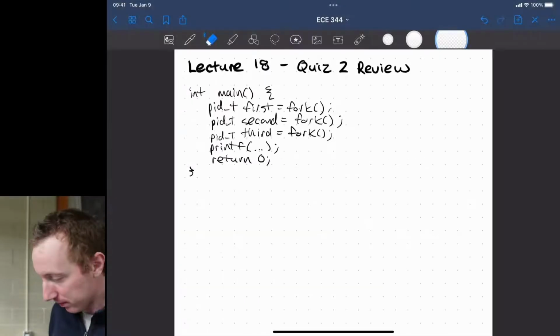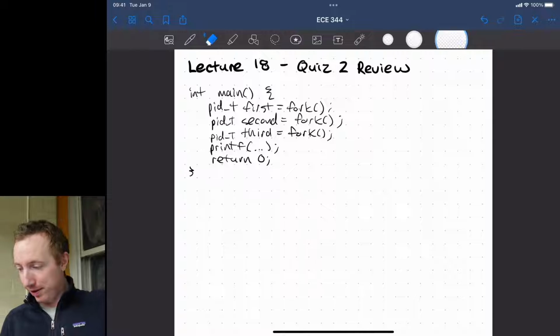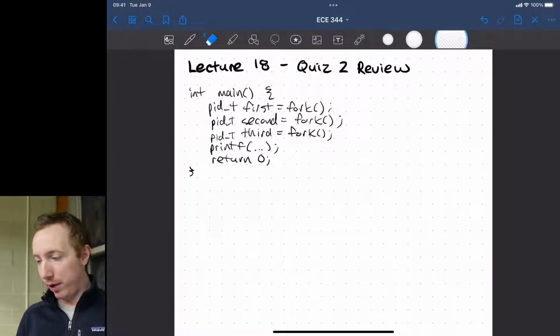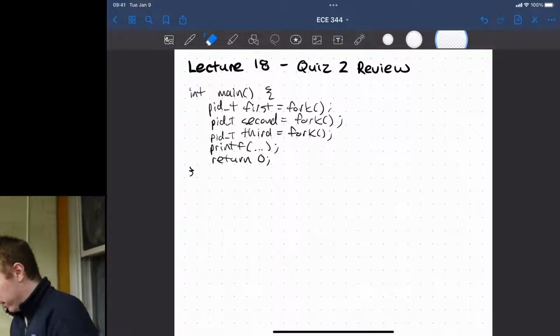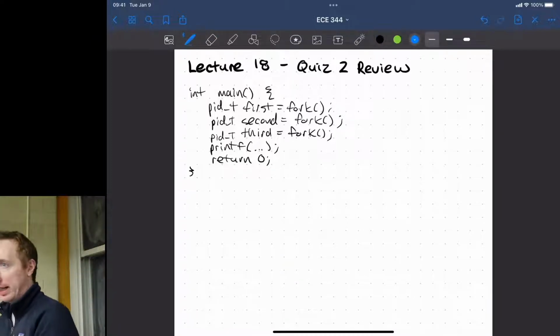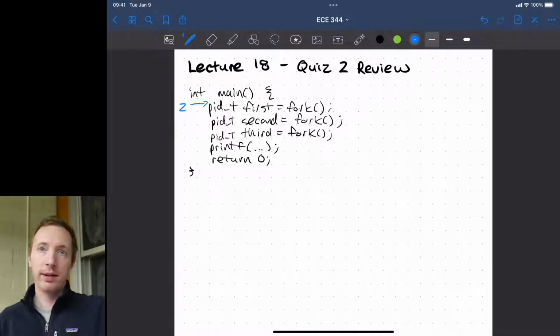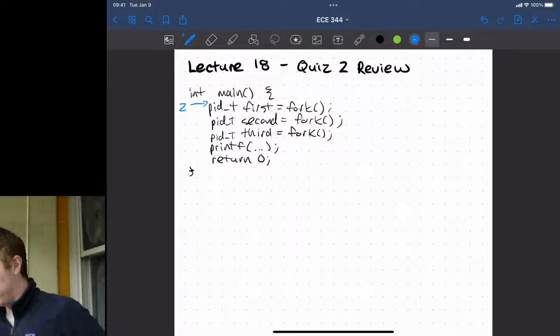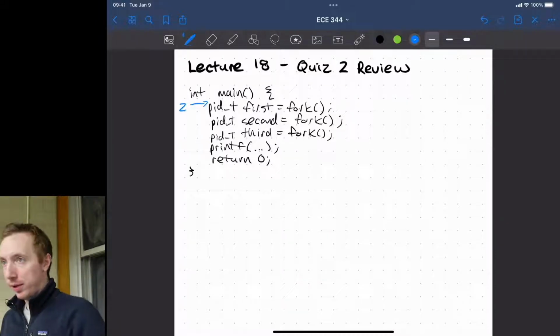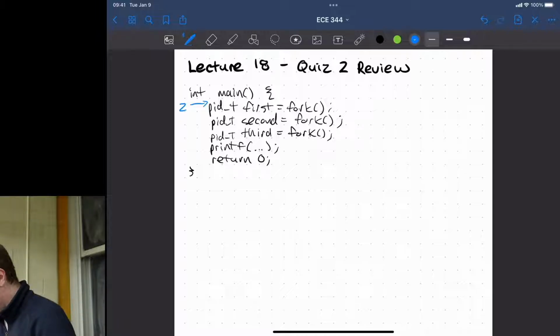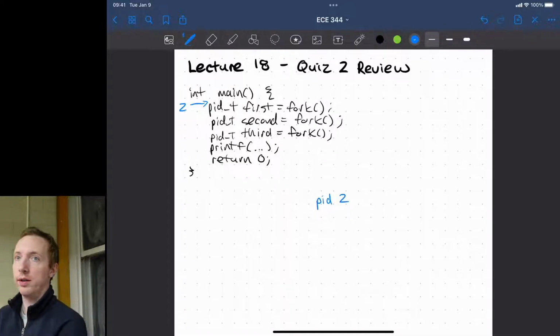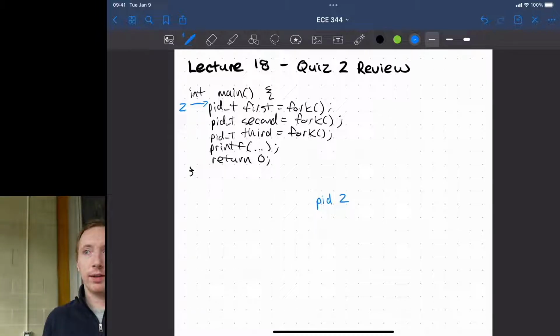All right, so we have this. Fork, fork, fork, and then print, I'm not going to write the print. So initially, we'll have process ID, let's call it 2. So 2 would be set off to execute main. We'll ignore setting up the C standard library and all the other garbage. So process 2 would come in and call fork. So let's start drawing our tree. We would have, let's put it smack dab in the middle, process ID 2. So it comes in, calls fork. It would create a